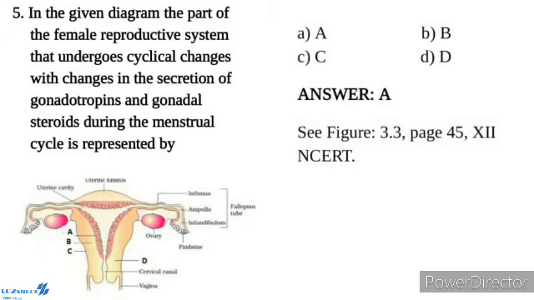The oviducts, that is called fallopian tube, uterus and vagina constitute the female accessory duct. Each fallopian tube is about 10 to 12 cm long and extends from the periphery of each ovary to the uterus. The part closer to the ovary is funnel shaped and is called infundibulum. The edges of the infundibulum possess finger-like projections called fimbriae, which help in collection of the ovum after ovulation. The infundibulum leads to wider part of the oviduct called ampulla. The last part of the oviduct, isthmus, has a narrow lumen and it joins the uterus.